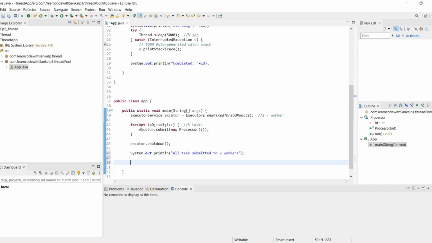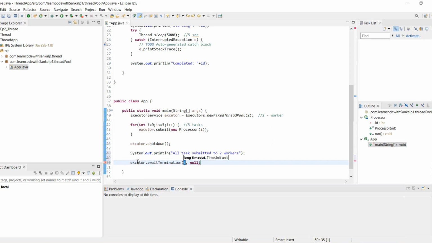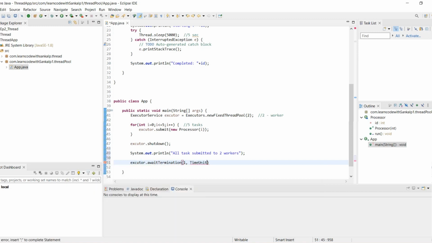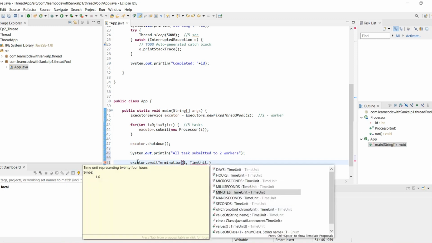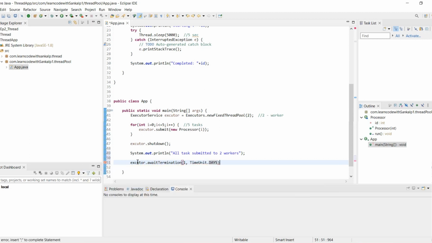Then we call one method, executor dot awaitTermination. Here we give a timeout in long and a time unit, such as days, hours or minutes. We set it as days, and then we complete that.